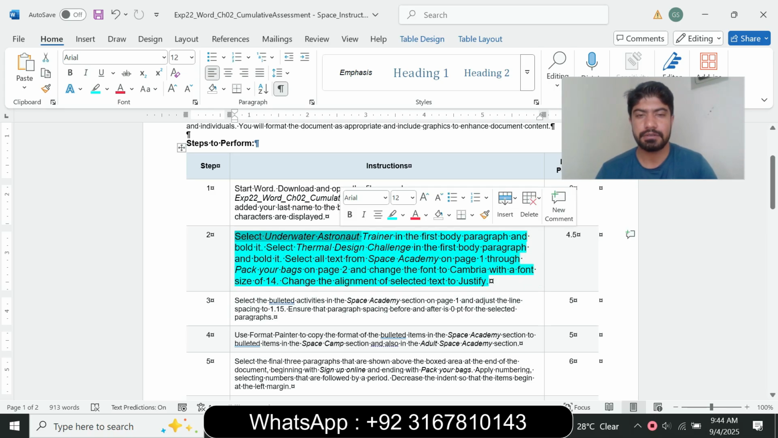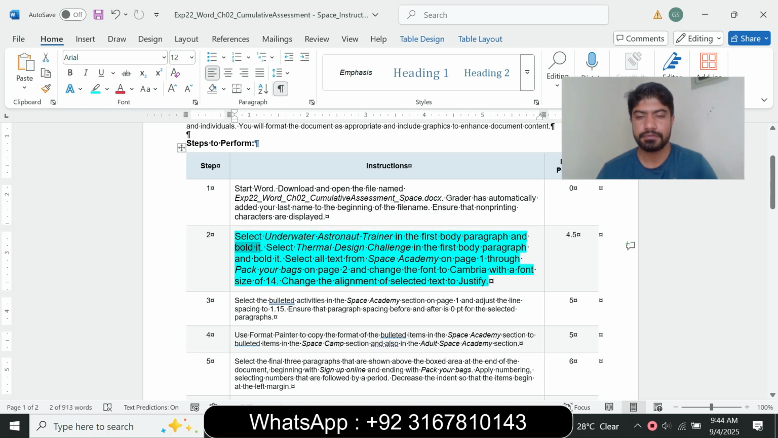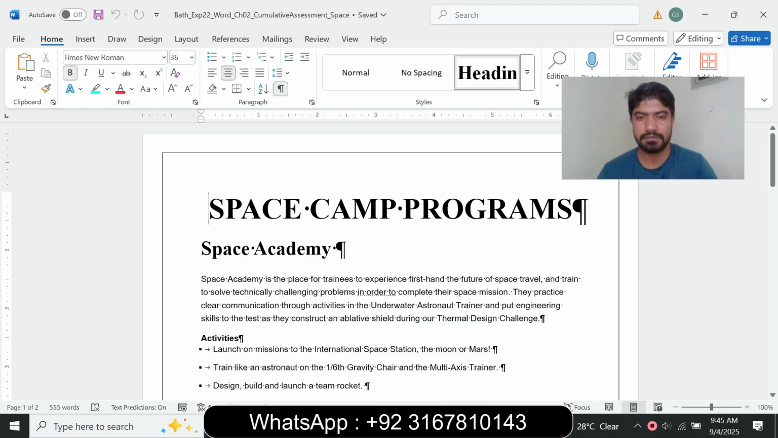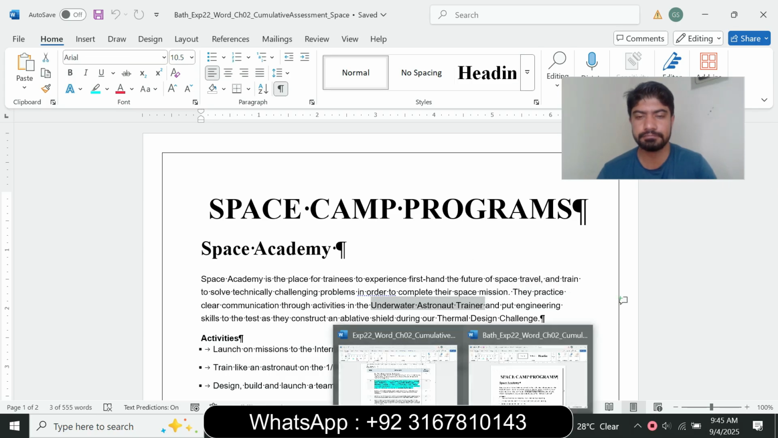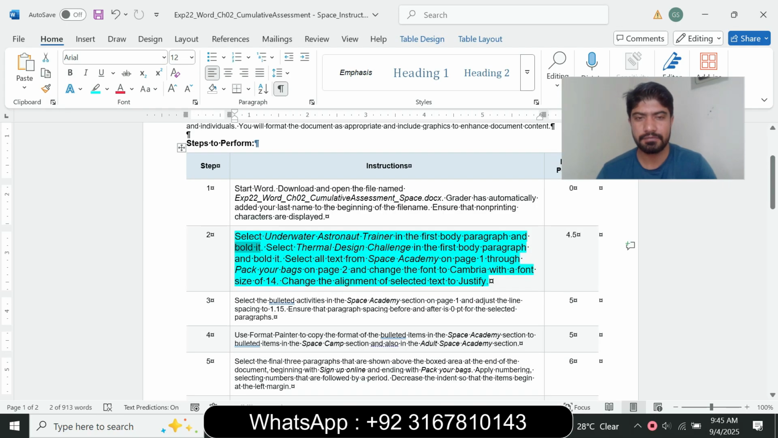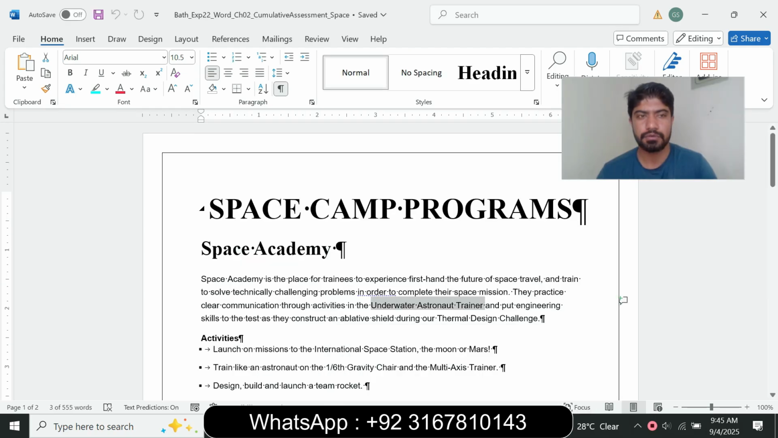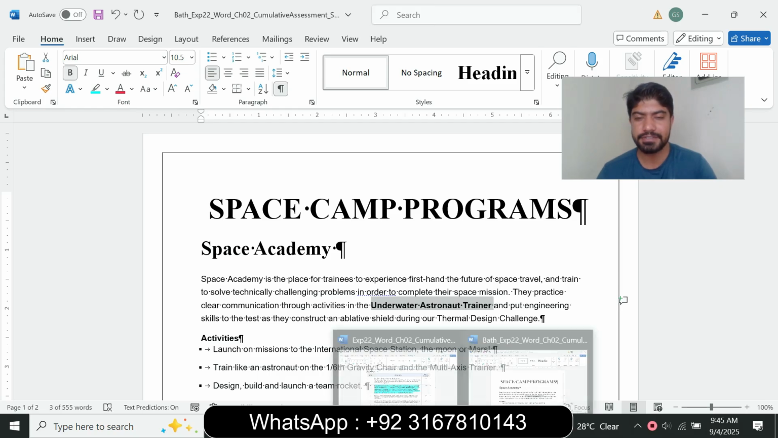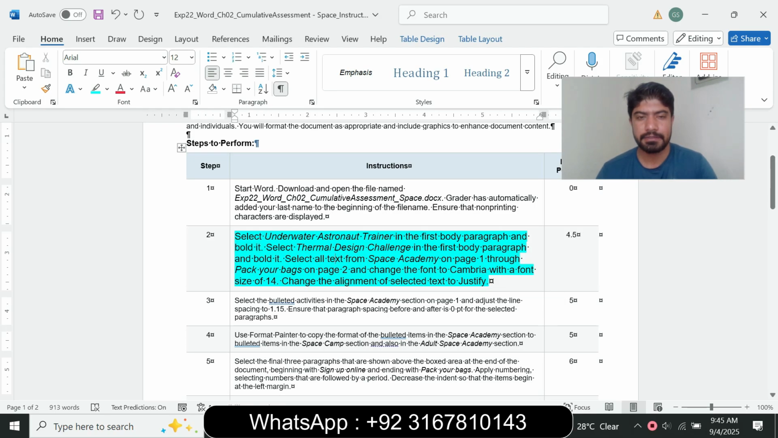So select the underwater astronaut trainer in the first body paragraph and bold it. Go to the Home tab, go to the Font group and click Bold. And next is